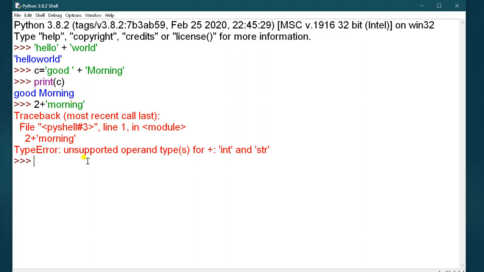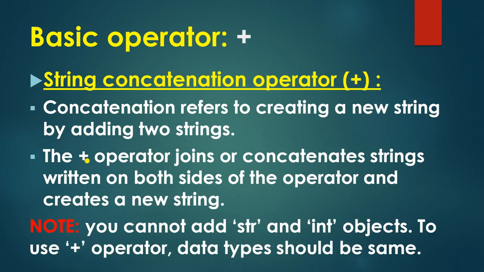In addition, the data types of both operands should be the same. If you want to work with strings, both operands should be string type, and if you want to add integer values, both operands should be integer type. If one is an integer and the other a string, it will give you the type error. I hope it is clear now.